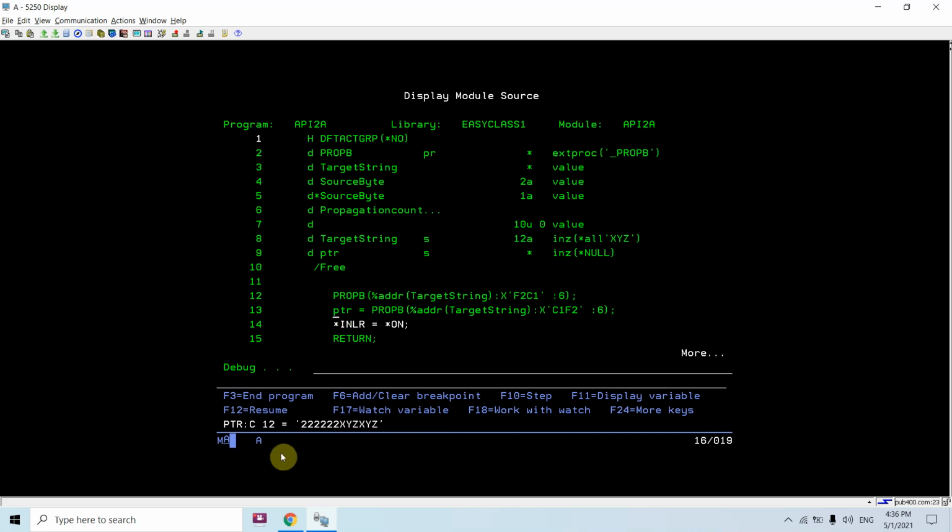If you want to see the hex value, you can also check that with colon x. So you can see F2 F2 F2 F2 F2 F2, 6 times F2, and then we have E7 E8 E9 E7 E8 E9 for the XYZ thing.